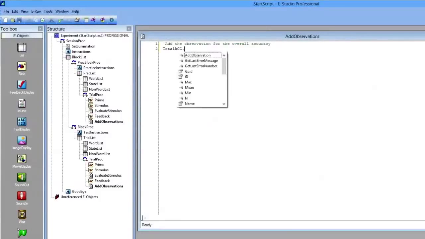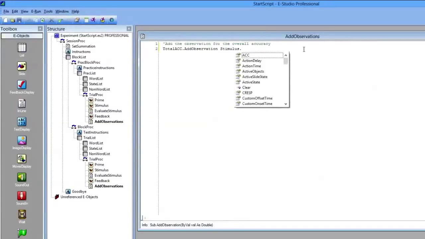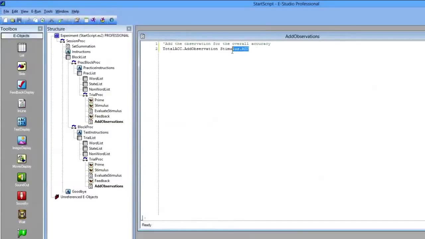To do that, I'm going to hit dot, and you'll see same thing, all the different statistics you can add: max, mean, minimum. But I'm going to add an observation of stimulus dot accuracy. So this is an observation that we're adding to the total accuracy. We want E-Prime to know to look at the stimulus accuracy and set that for the total accuracy at the end of the experiment. The next thing we're going to do is add the observation for each individual prime